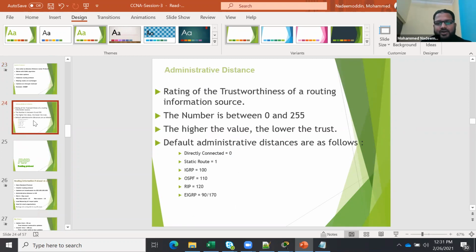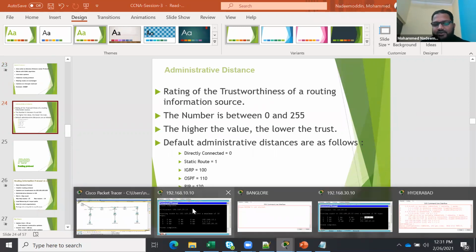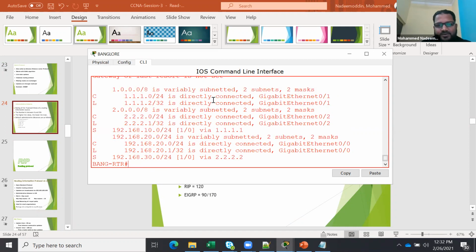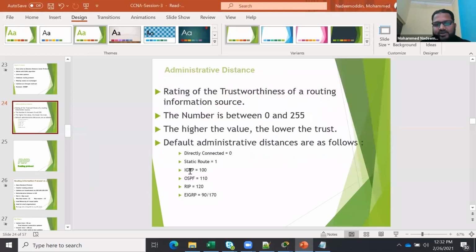Okay. So every protocol has an administrative distance. See, when you say directly connected network, it will be 0. Static route is 1. If you see here in our routing table, if I say show ip route, can you see this network? 1/0. The 1/0 is nothing but the administrative distance.